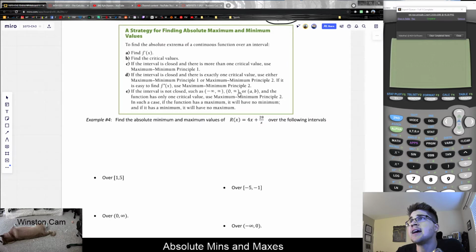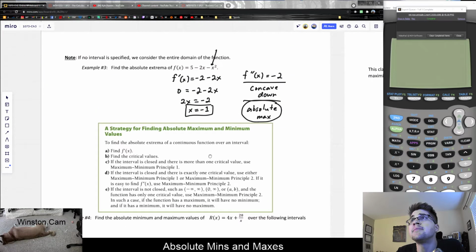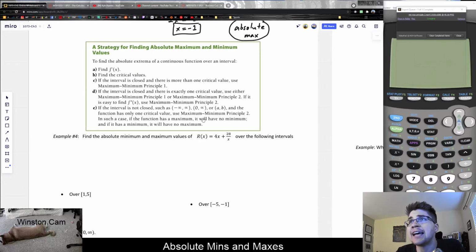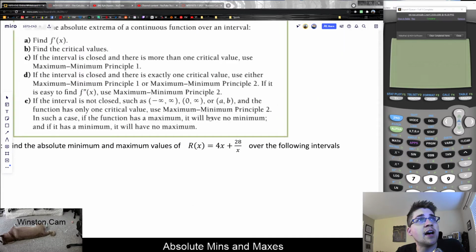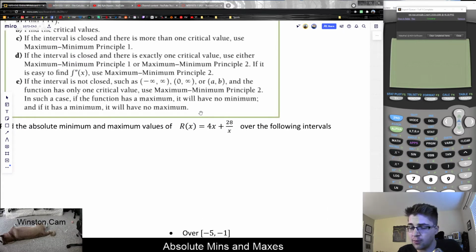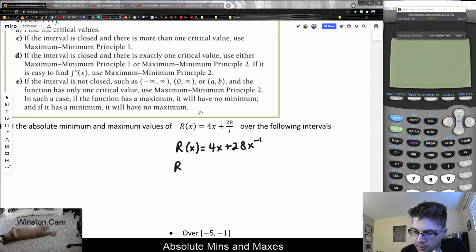So let's apply this to a fresh example in terms of finding the absolute mins and maxes of this rational function here, r of x. So this one is not a polynomial because it has division. But again, we always want to start with the first derivative. And remember, if we have 28 divided by x, we could always rewrite that as 28x to the minus 1, which is helpful for finding derivatives of it. So if we're then looking at r prime of x,